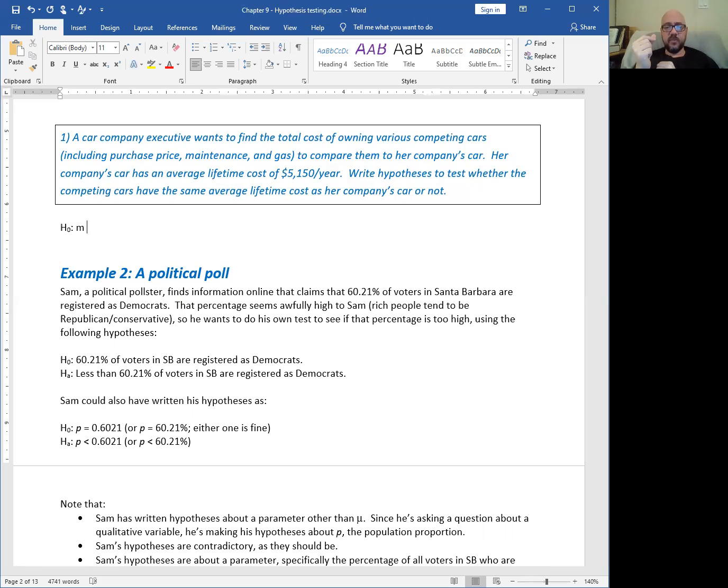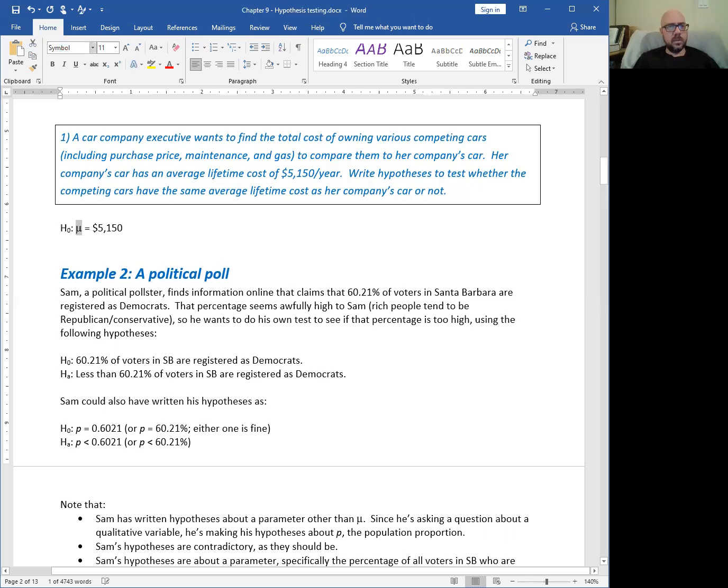So we want to see if the mean is $5,150 or not. This is a mu here. All right, so there is my null hypothesis, is that the mean average